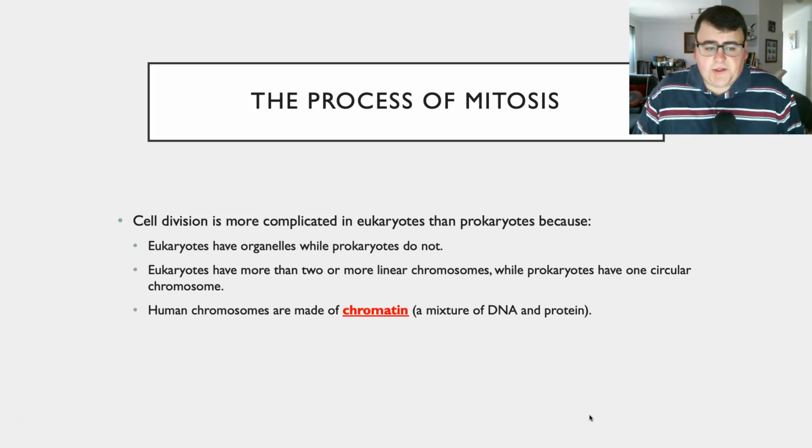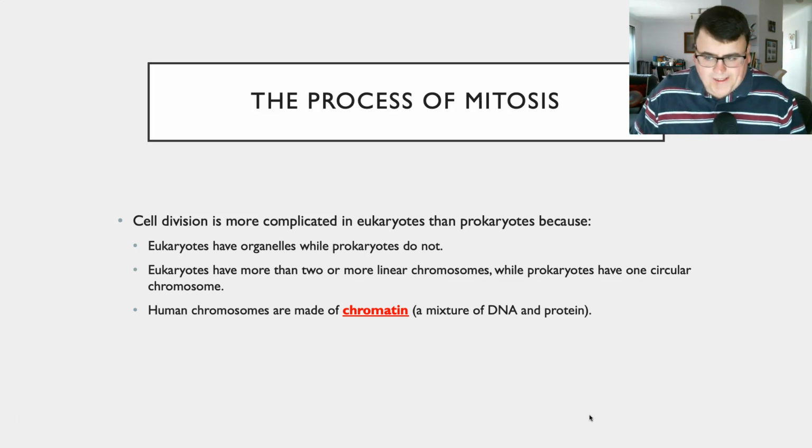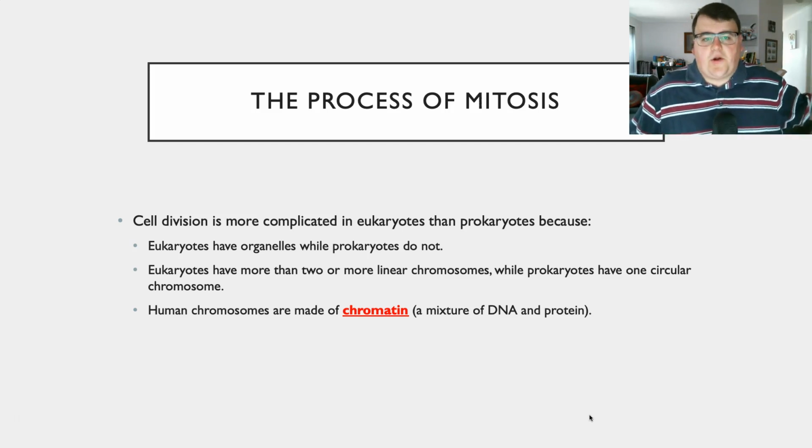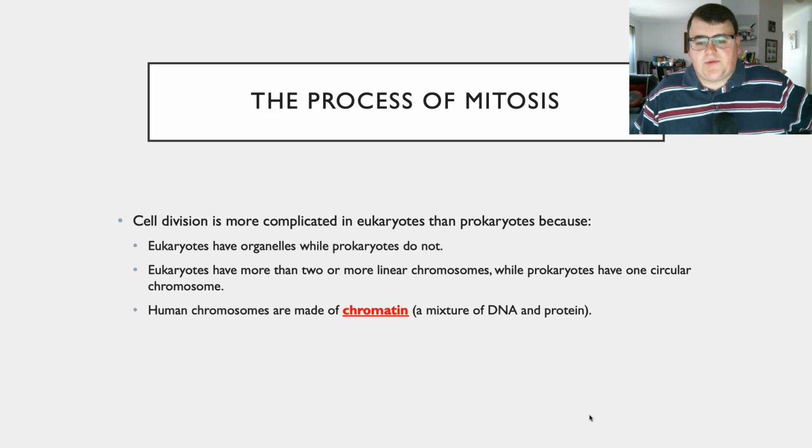Now we're going to look at mitosis. First off, mitosis is a lot more complicated than binary fission. And that's because binary fission is occurring in prokaryotic cells, where mitosis is occurring in eukaryotic cells. Why does it need to be more complicated? Well, first off, eukaryotes have organelles, prokaryotes don't. So we don't need to worry about coding for those in binary fission. In eukaryotes, we need to worry about coding for those organelles to make sure the organelles are all recreated in the